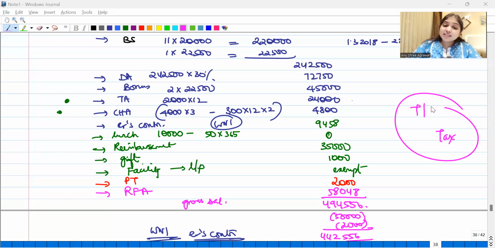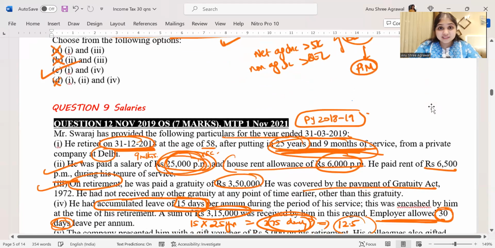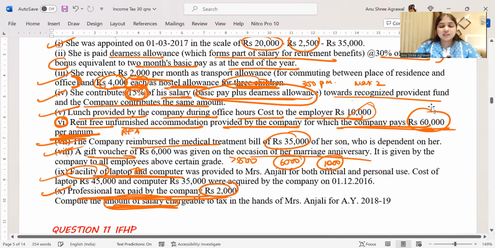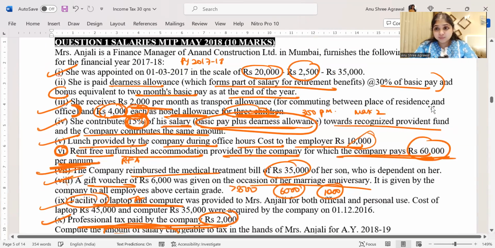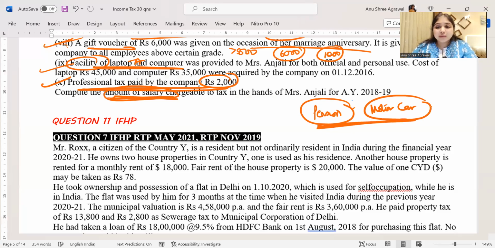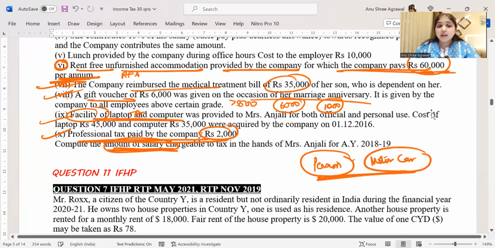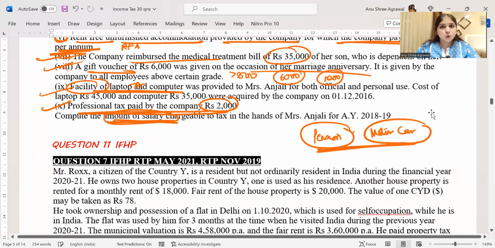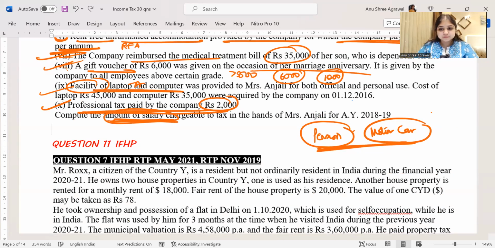Yes, guys. So with this, we are done with both the questions from the salaries chapter as well. All right. Through the first question on salaries, we revised retirement benefits. Through this question on salaries, we revised all the smaller adjustments. Now, even after this, I would suggest please go through the pension adjustment once again on your own and go through the motor car perquisite also once on your own. These two are important, but these two did not get covered through this question. But just run through these two provisions once on your own. Even these two are important.